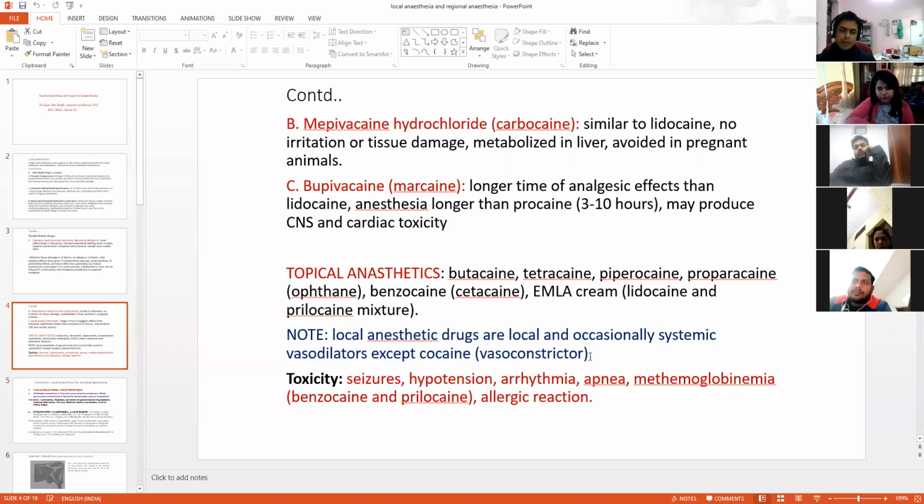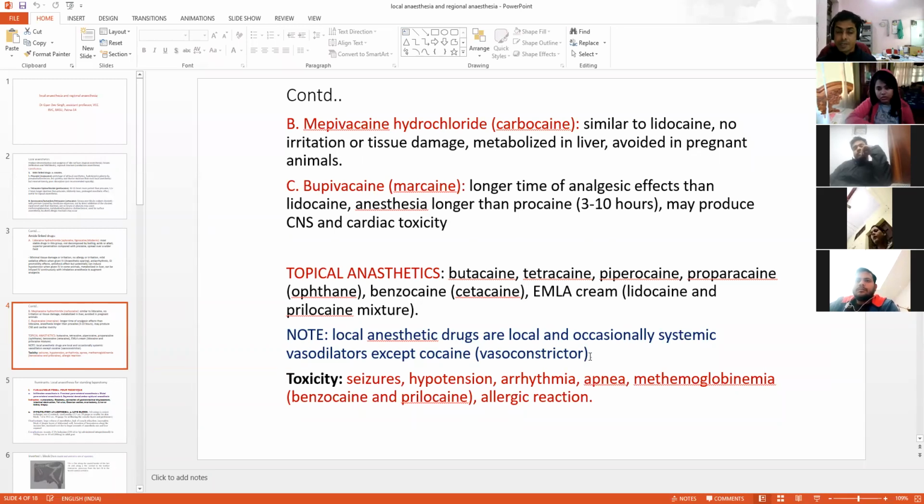So all local anesthetics are local and occasionally systemic vasodilators, except cocaine. Cocaine causes vasoconstriction. All local anesthetic drugs cause vasodilation, except cocaine, which has an effect like vasoconstriction. Sometimes toxicity of local anesthetics is also noticed, and these toxicities include seizures, hypotension, arrhythmia, apnea,